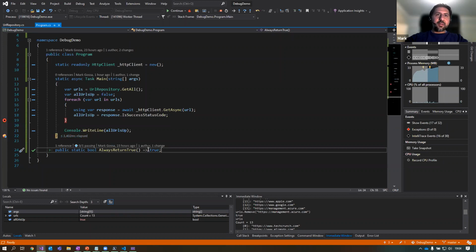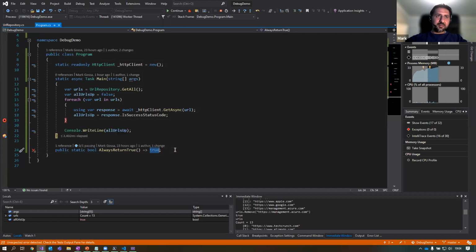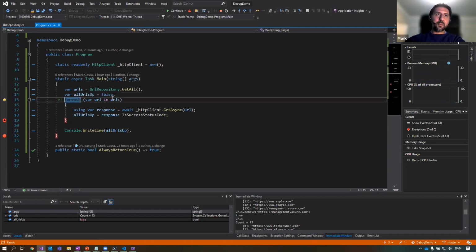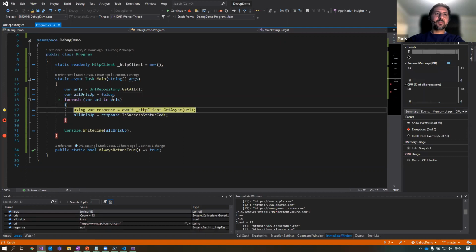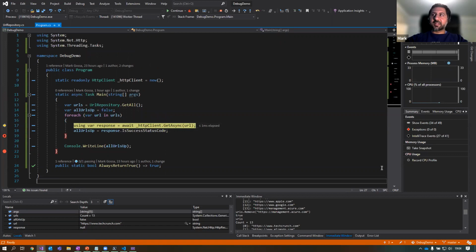But the good thing about live unit testing is that it's going to check my code even while I'm in a debug session. So if I just change this to false, it's going to check that line of code that I've changed and say that I'm now failing a test. And I can now click through and see. So if I just undo that, and you'll see that actually I can run the code as normal, as if magic. So live unit testing or any similar technology that you come across is a good one to learn and to understand.